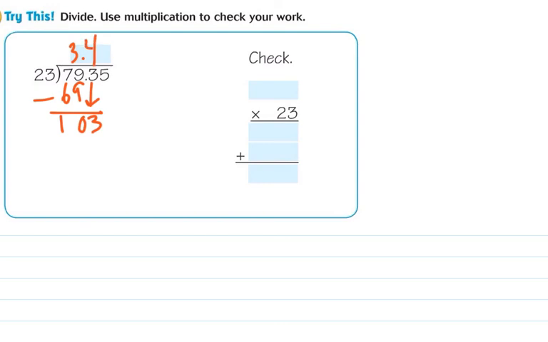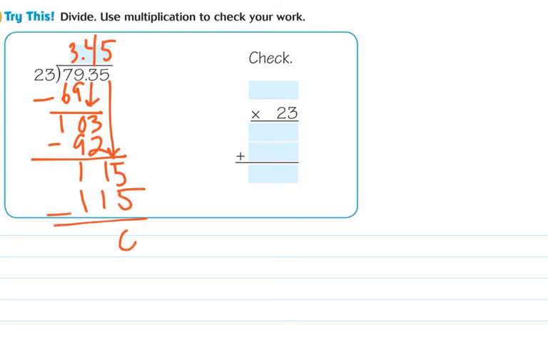4 times 23 is 92. We subtract: 3 minus 2 is 1. 10 minus 9 is 1. Can you make 11 into groups of 23? No, so we have to regroup, and we have 115. 115 divided by 23 would be 5. 5 times 23 would be 115. There's no remainder. So now to check our answer, boys and girls, we're going to take our quotient,